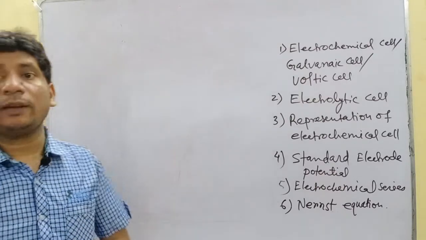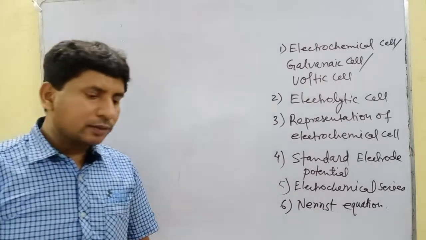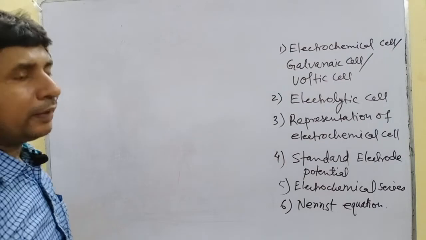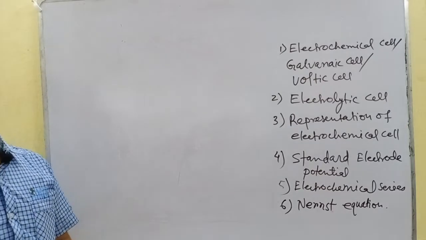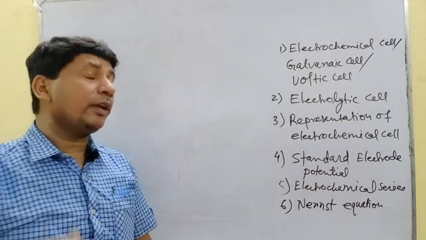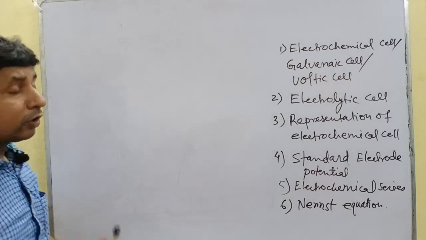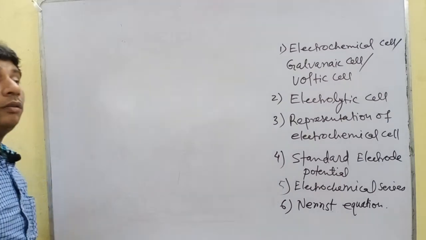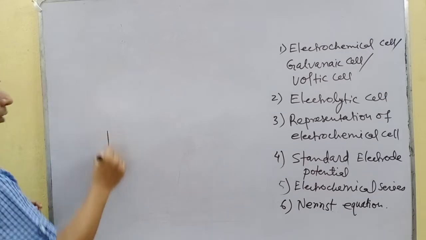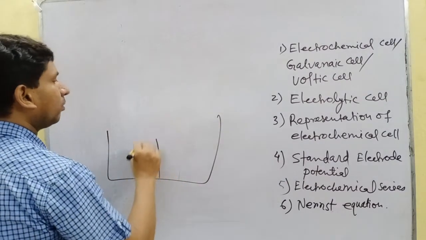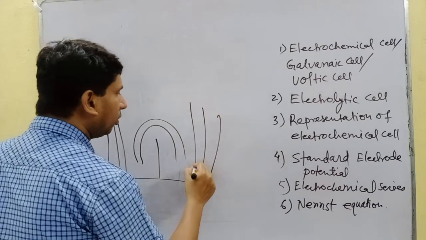Then what happened? There is another part, it is Nernst equation. What is Nernst equation? We can formulate an equation for the electrochemical series, of which one will be reduced and which one will be oxidized, and how we can determine the electrochemical potential or the cell potential or electromotive force EMF of a cell. We know this is a cell, okay. This is a salt bridge, there is an anode, there is a cathode, okay,